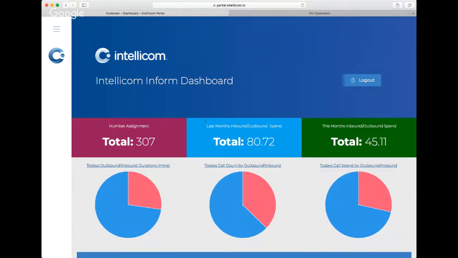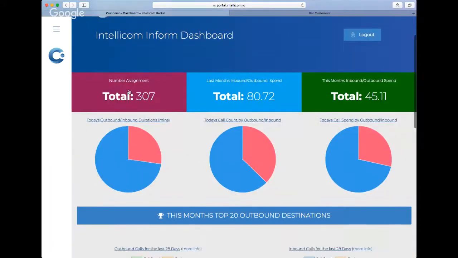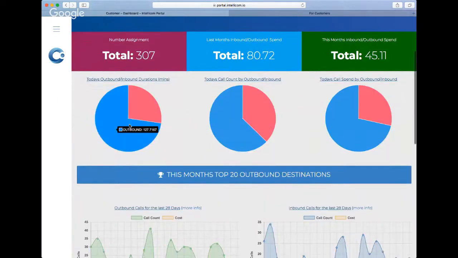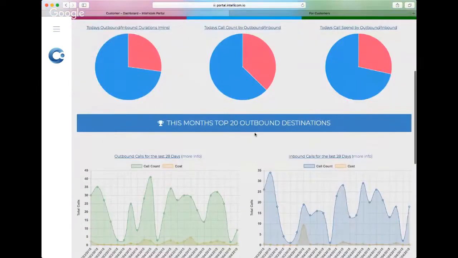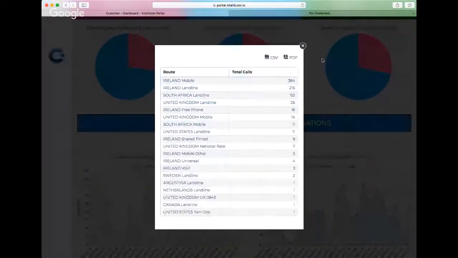So to explain this dashboard, you have your number assignment, the total number of telephone numbers assigned to your account. Clicking on this section will bring you through to a list of all these numbers. Your last month's inbound and outbound spend, this month's inbound and outbound spend to date, a breakdown of today's call analysis in 3 different pie charts, this month's top 20 destinations,